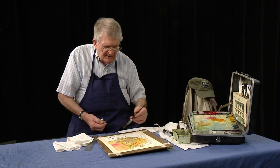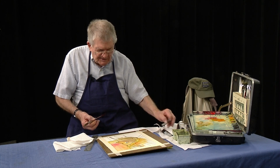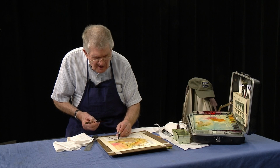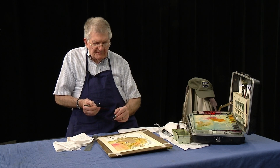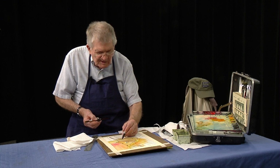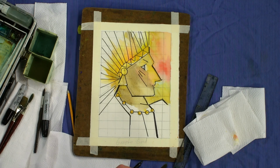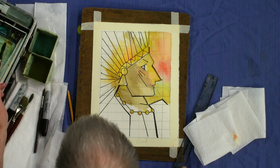Now, as far as the color, let's separate this a little bit more. I wanted to separate that a little bit from the landscape, the figure. Let's make this a little bit thicker through here, there. I'm going to bring it out a little bit more. And what I was saying that